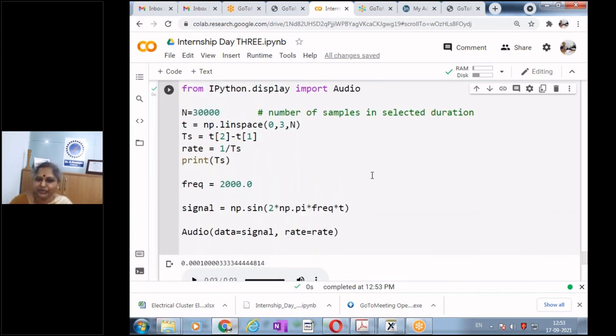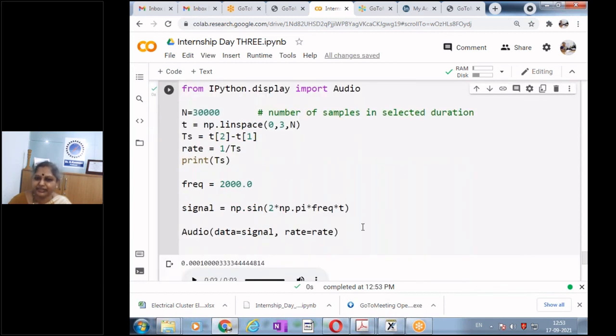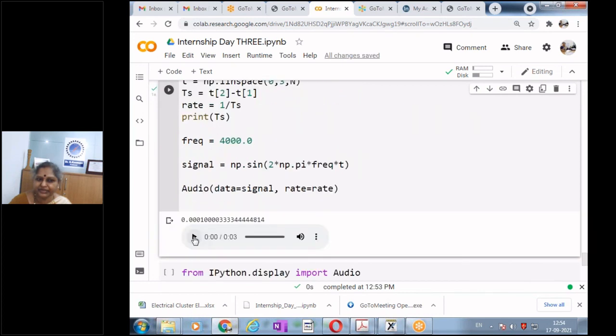And as homework, how many of you are trying it? Are any others trying and able to appreciate this? This is just for fun, just to hear the sine wave. Try to change it to, say, 4 kilohertz, run it, and then try to hear it. 400 hertz. Hear it.